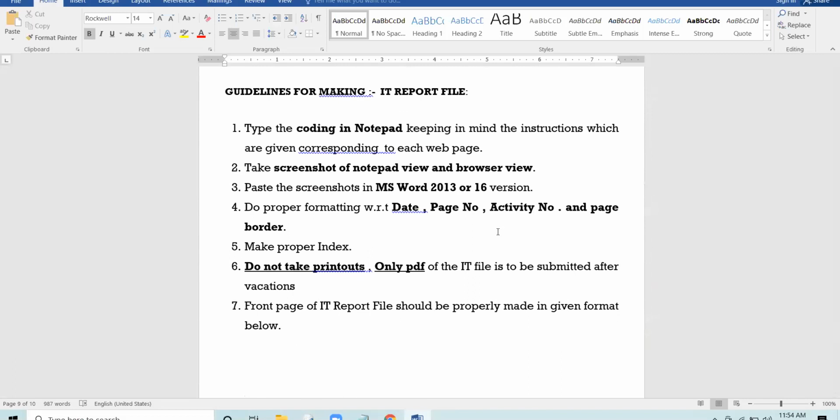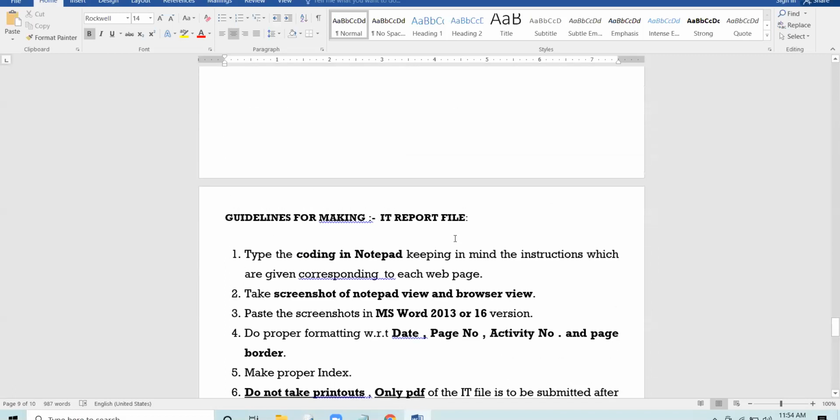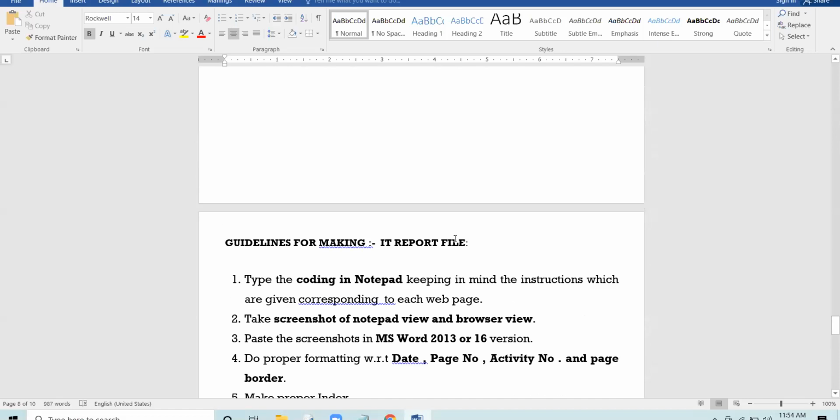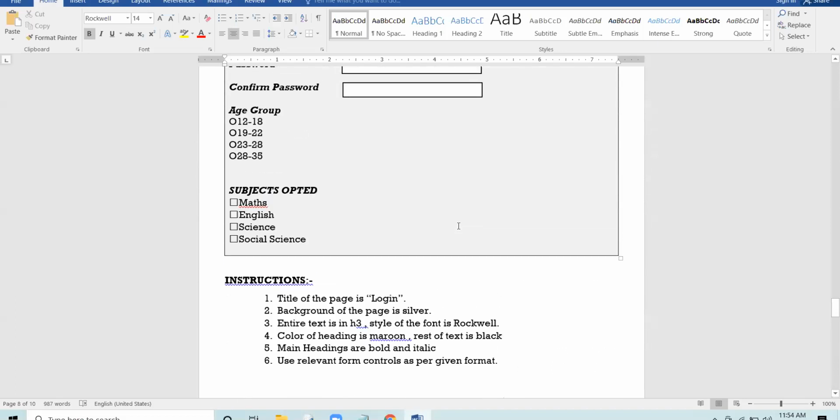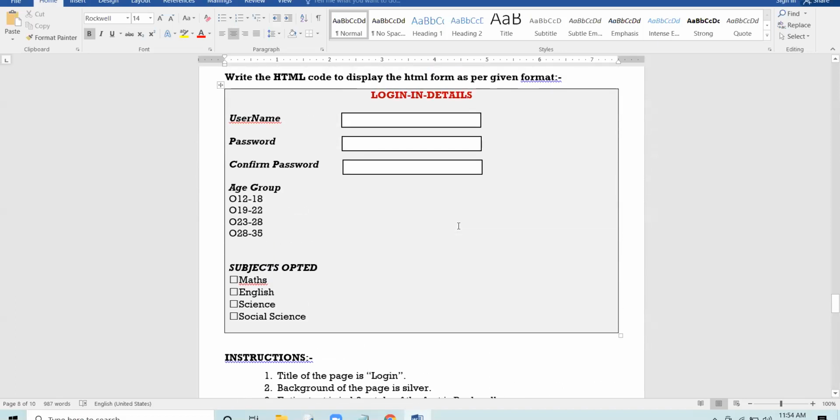This is IT report file. Okay. Further questions will be given to you after summer vacations when we will proceed with the syllabus further. Right now, up till the topics we have covered, you have to create this IT report file.